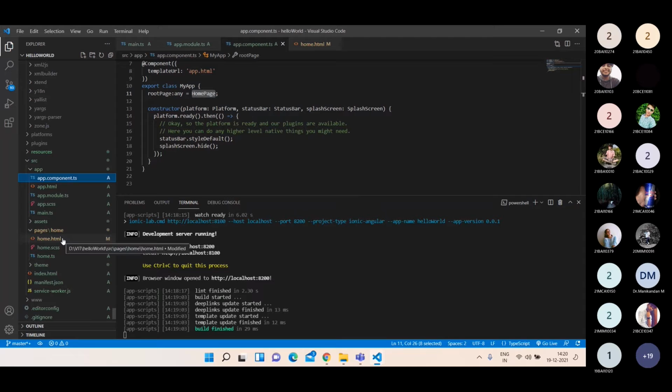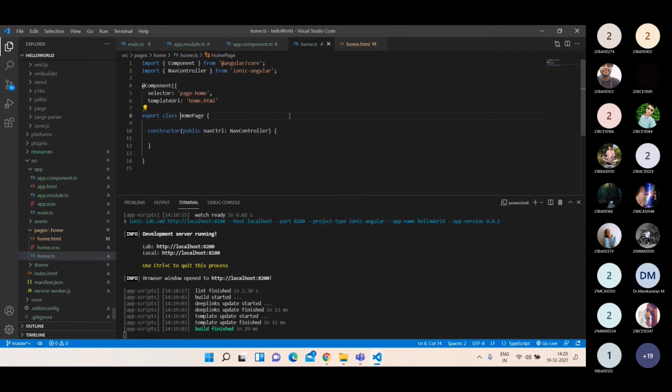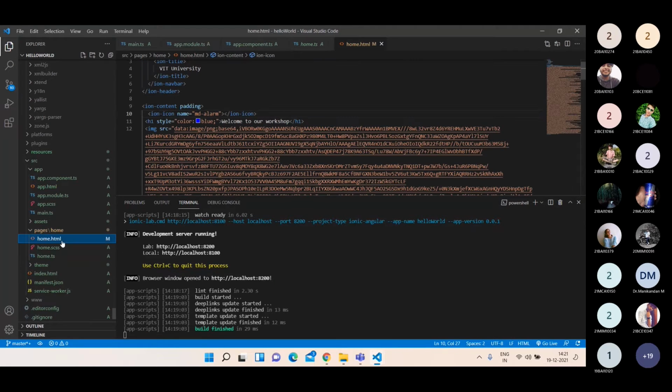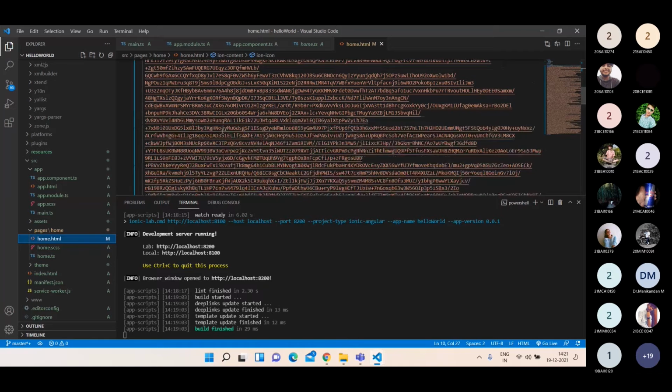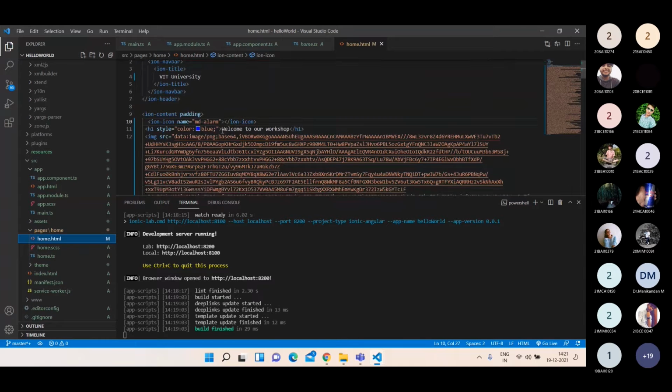So can you understand now how you are getting into this home component? From this root page, I'm navigating to the home component. In the home.ts, we are specifying which HTML we are going to load using this template URL. Inside the template URL, you have home.html, right? And finally, inside the home.html, you are seeing the output. So for seeing this single output, we have to cross this many pages, right?